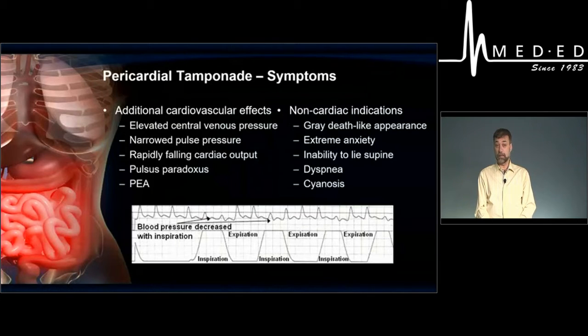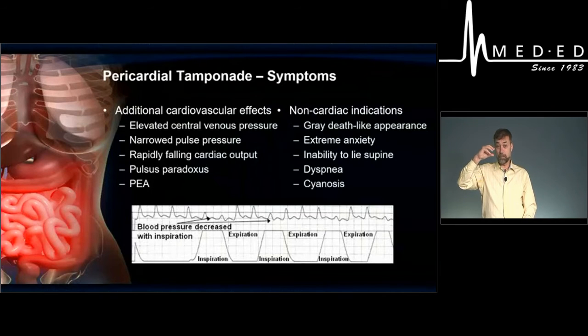You're seeing an art line along the top, and you notice how when the patient inhales, and that's shown on the bottom where inhalation is, notice when the patient inhales that the pleth of the art line gets smaller. Well, that would indicate the blood pressure is dropping, and that's because when they take a deep breath in, intrathoracic pressure climbs. It's harder for the blood to go from the right ventricle to the left through the lungs, so